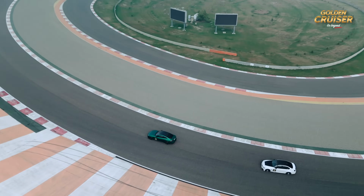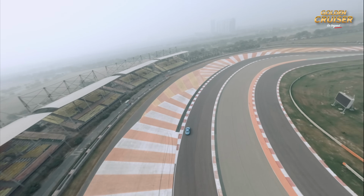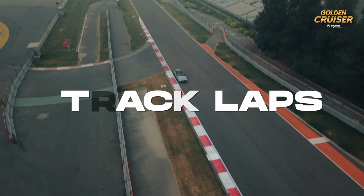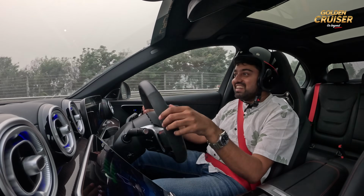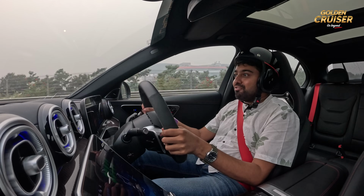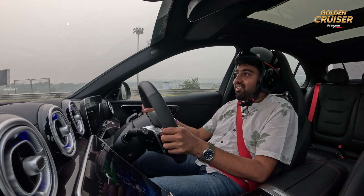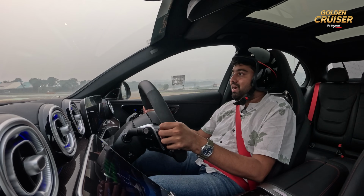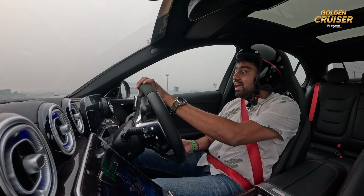Alright, it's time for another crack at the BIC. Also, I apologize for that hilariously hideous helmet. Can't believe this has got a 4-cylinder engine up front. I know it's the most powerful 4-cylinder in the world, but oh my god. I'm just on my out lap and already this feels like